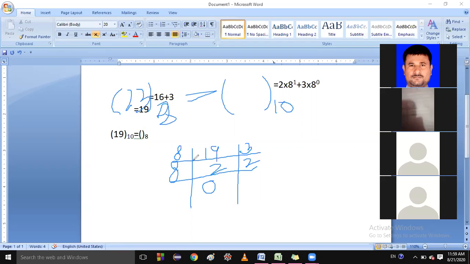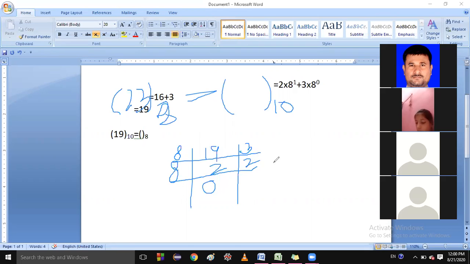Listen. If you were absent, then I'm telling once again. If you divide a number which is smaller than the divisor, then it goes 0 times, and the same number will be the remainder. So if you divide 2 by 8, then 2 is less than 8, so it goes 0 times, and it gives remainder 2. Right, now it is clear.